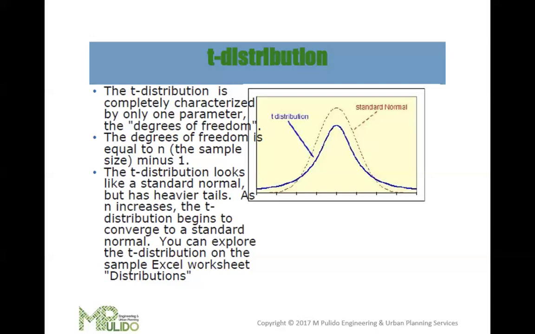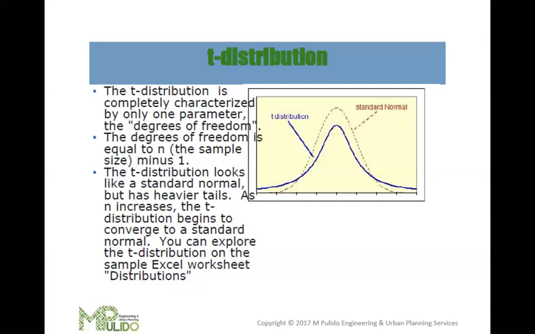So how do we apply the t distribution? It is commonly used in hypothesis testing, particularly the t-test, which assesses whether the means of two groups are statistically different from each other. It is also used to construct confidence intervals for the mean of a normally distributed population when the sample size is small and the population standard deviation is unknown.